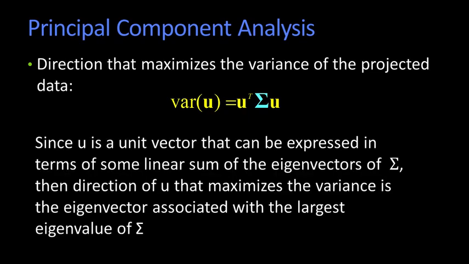All right? So u is a unit vector. It can be expressed as a linear sum of those eigenvectors of sigma. The question is, which of those directions would return me the largest value? Well, we know that